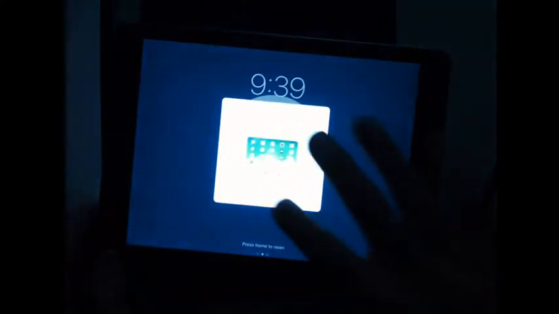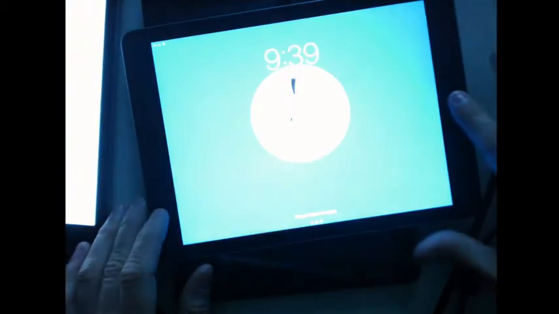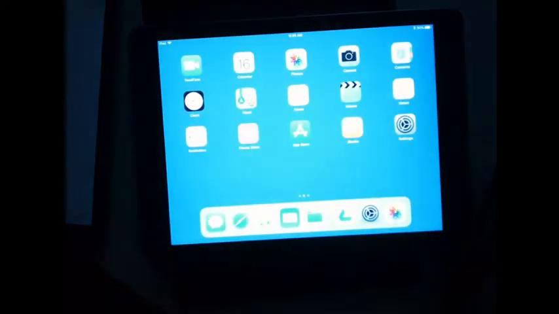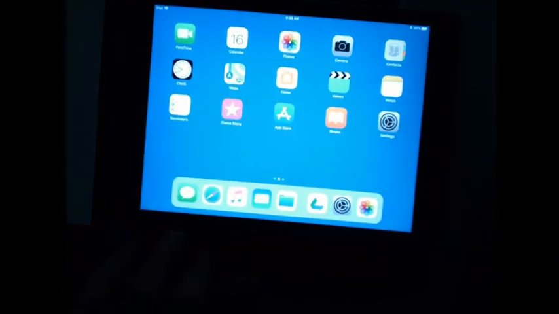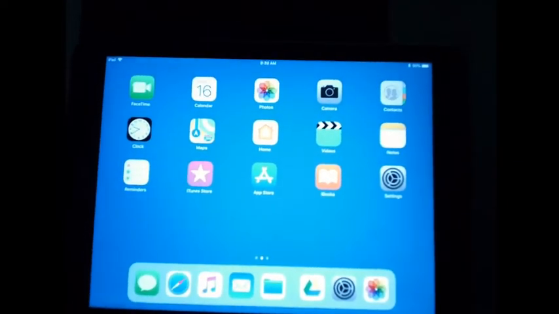So for example, this one right here, I wonder if the brightness is causing a problem here. Hang on. Can you guys see that? Let me just get that in frame. There we go.